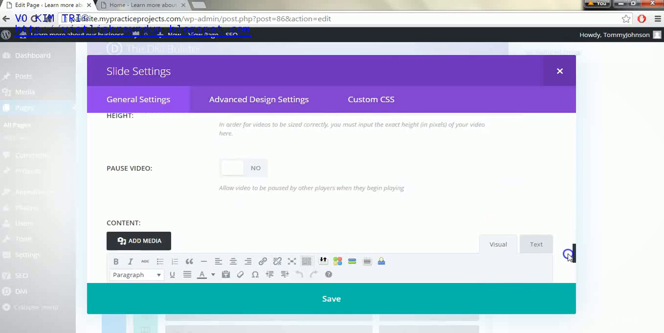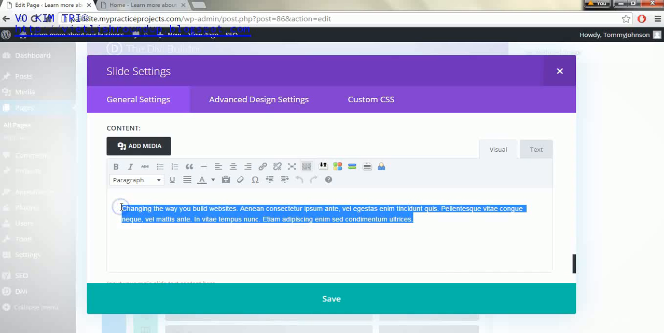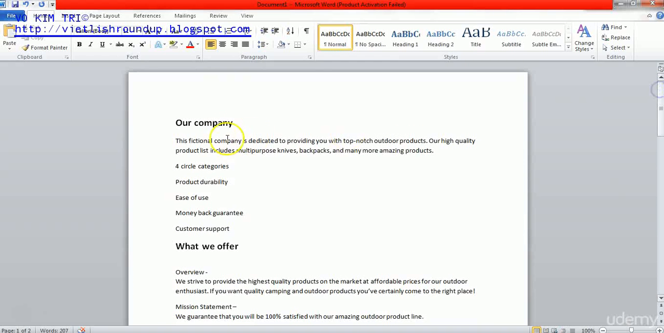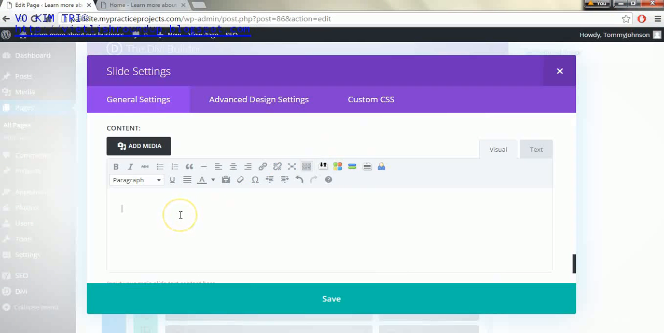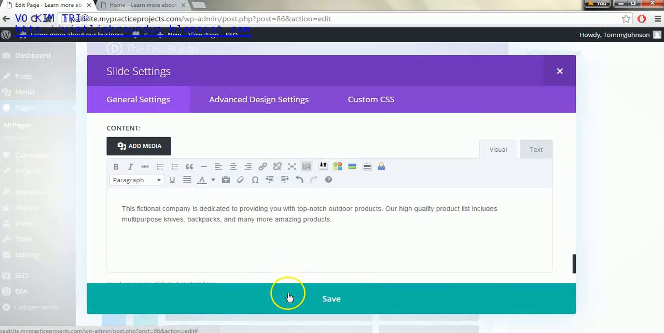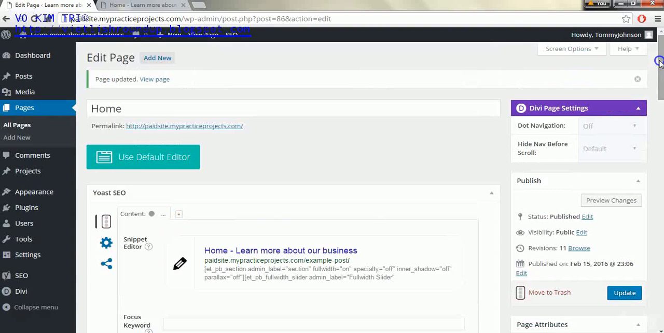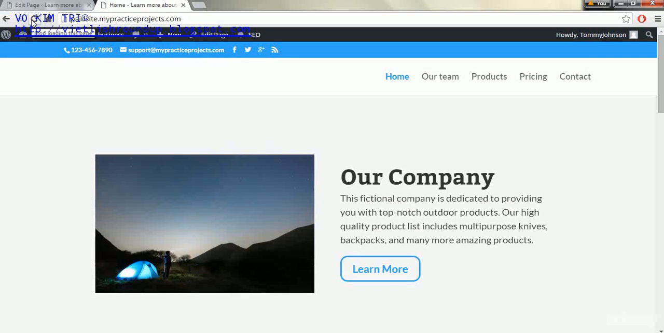And now that we're happy with how it looks, we'll go all the way down to the bottom here, and here's the text that is on there right now. So I'm just going to add my own text to it, and it's just this short little couple sentences here. Copy that in, and we'll paste it, save it, and then we'll click Save and Exit, and then we'll go up to where it says Update, and we'll click that. And now when we refresh this page, we can see that our image is there,